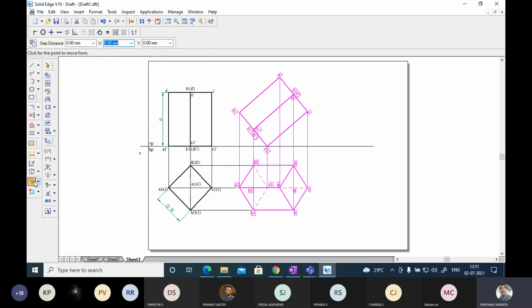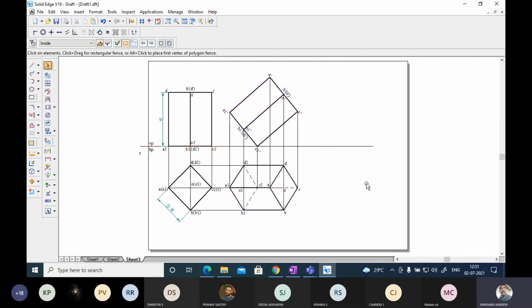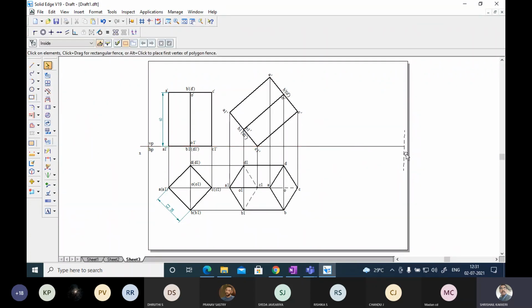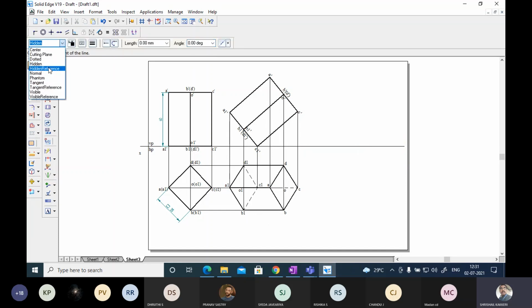Okay, you say move some length. Okay, some length I am going to move it. Okay, I have moved. Now you have a lot of space here to do the work. You can do it. Now it is inclined at an angle of 40 degrees. They have given us that it is inclined at an angle of 40 degrees.